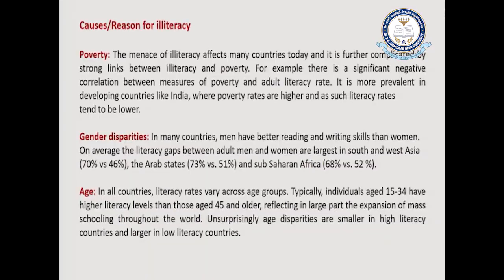Try to understand, for this illiteracy, what are the causes, what are the reasons. Means the poverty. Poverty is one of the major reasons for this illiteracy. Because of poverty, the parents would not be able to send their children to basic school education or college education, so they are not able to access that particular education. Because of that reason, illiteracy prevails. In India or any underdeveloped country, poverty is the main reason for illiteracy. And the second one, which is also very important, is gender disparities.